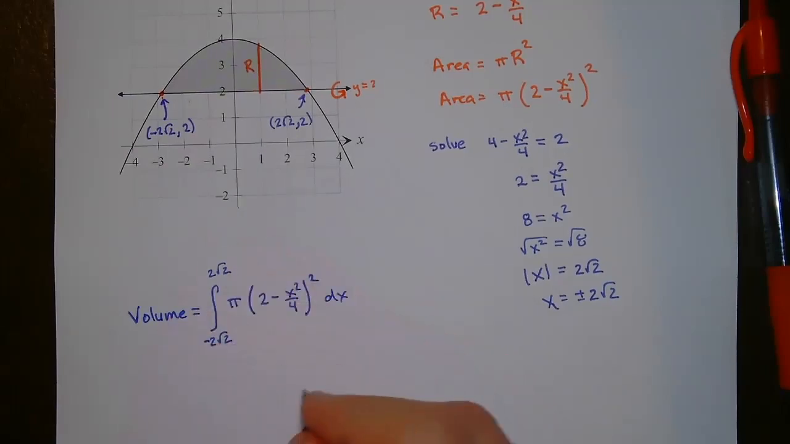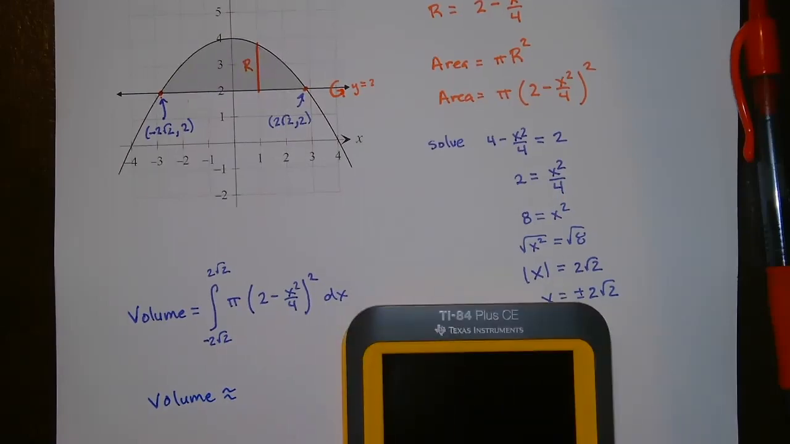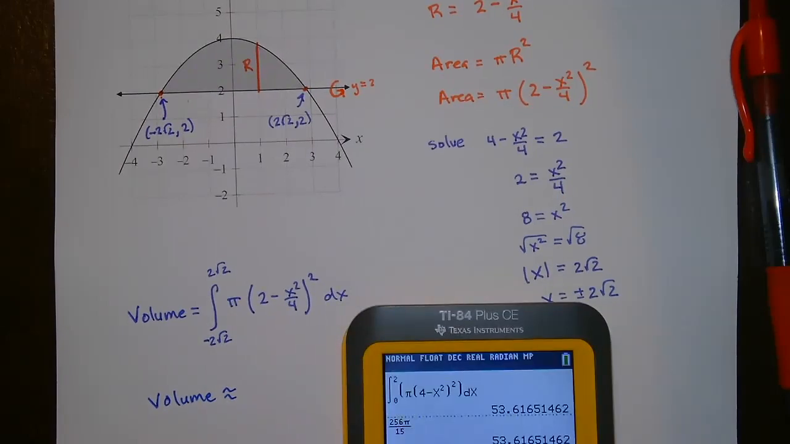So we're just going to put this in our calculator, and actually I'm going to put in negative square root of 8 and square root of 8 because it's just easier to type in, okay? So this volume would be approximately, okay, and I'm going to just put it in my calculator, okay? And so alpha window integrate, right? And we're going to go negative square root of 8 just because it's easier to type in,